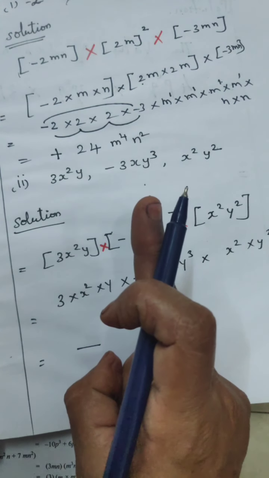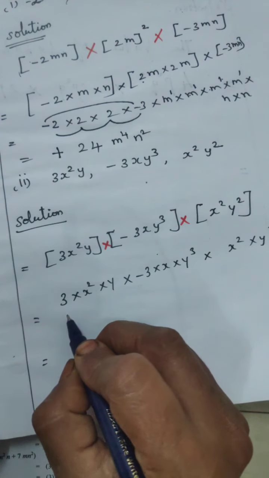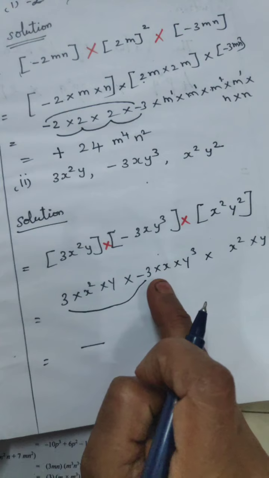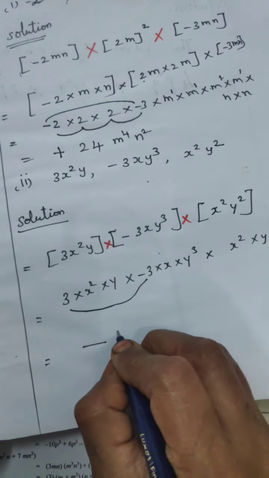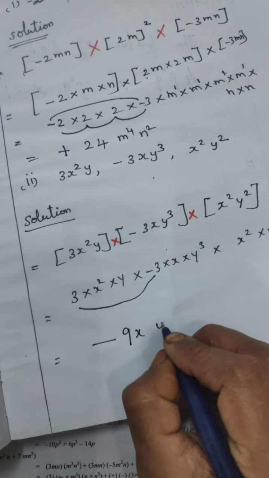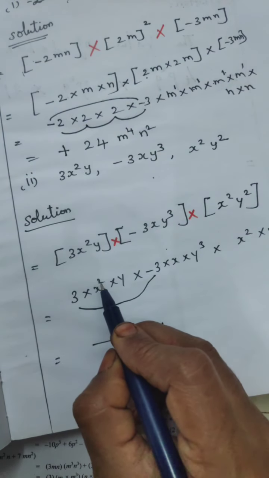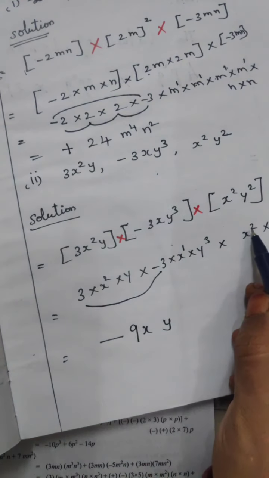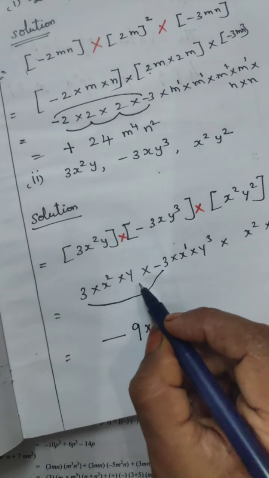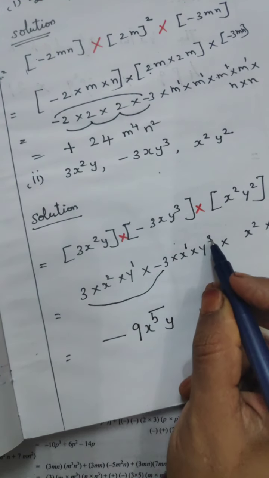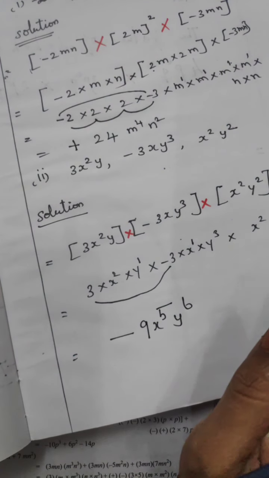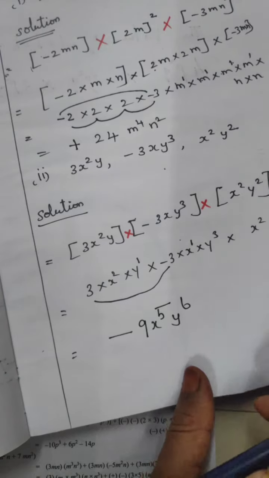First some expand and say and give. Here you quickly do the work. 3 3 is a number, is what is the number? Is 2 number, only 2 number, here 1 here 1 3. Okay, 3 3s are 9, you write first work. X term y term only there have, you write in x, here write in y. X here power is what is the power? 2. Here 1 term 1. Here power is 2. 2 plus 1 is 3. 3 plus 2 is 5. X power 5. Y for here power is 1. 1 plus 3 is 4. 4 plus 2 is 6. Over. Very very easy the sums, multiplication sums. Next question.